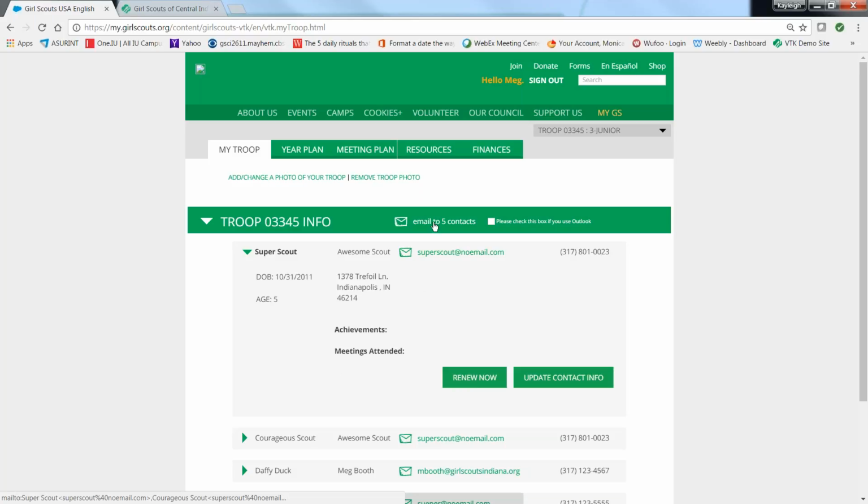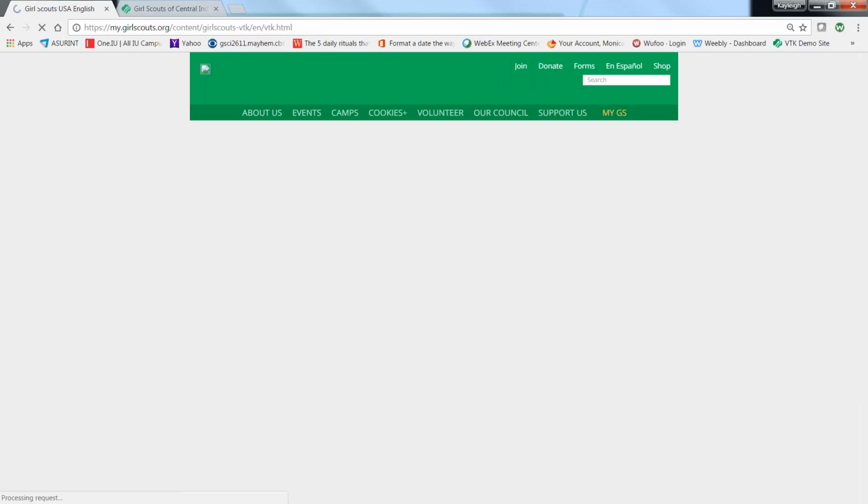From here, you also have the ability to email the contacts. You can email one, or you can email all of them. And it even has, if you're using Outlook, a box to check, which makes it easier. At the top here, you can add a photo of your troop, which your parents and guardians can see, and the girls as they're planning their year, or you can remove an old photo. It allows you to add one photo that's current for the year. So, going back to the year plan,